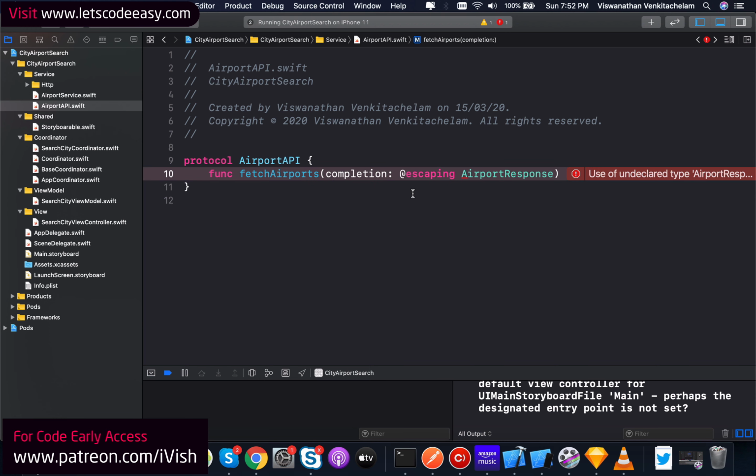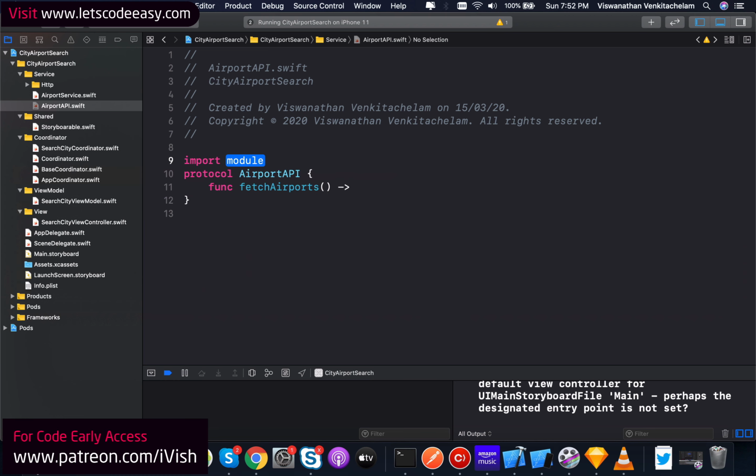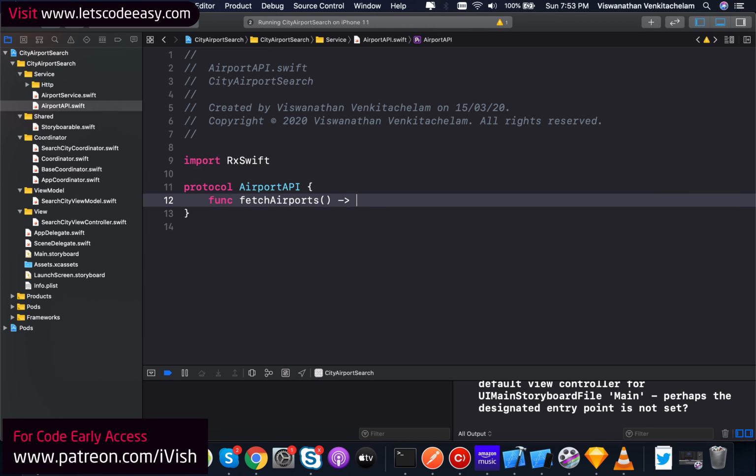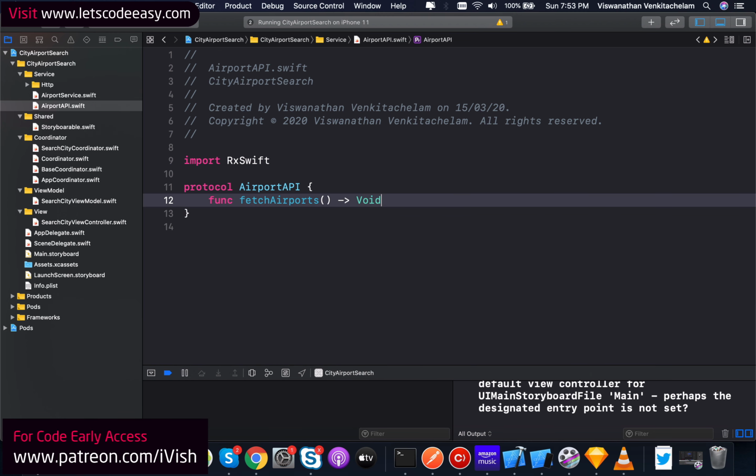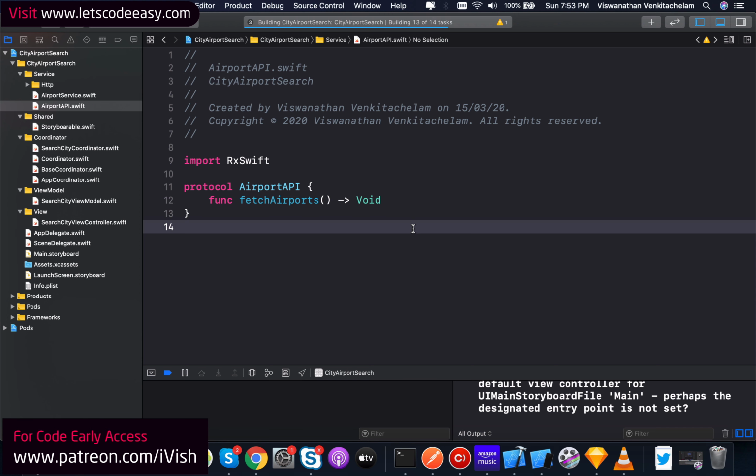So this is the normal way you might do it. Because we are going to do the Rx way, I might not use these closures, but if you're using closures, this is the way you do it. Have maybe a completion block, then handle those responses. So I guess that's pretty okay. But if you are using an Rx way of doing it, then I need to do something here. I'm going to use import RxSwift. Let me keep it as void for this time's sake,